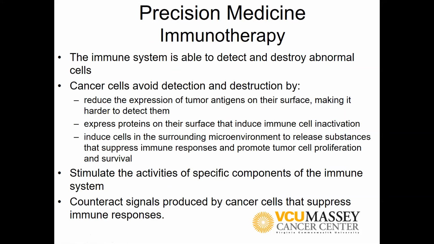We know that the immune system is actually able to detect and destroy abnormal cells, including cancer cells. It's actually happening in all of our bodies. That's why not everyone has cancer, because when a mutation happens, usually